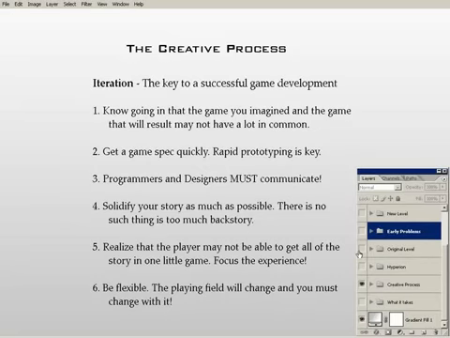The playing field is going to change, and you must change with it. Your programmers are going to come to you and say, look, I know we had spec'd this out, but this is not working, or I know you wanted this feature, but it won't come in, or, we'd already given you this list of features, but here's a couple more that we really feel we need to work in as well, just to make other things play more smoothly. We need you to come up with some way to work these in. So be ready to roll with the punches like that.